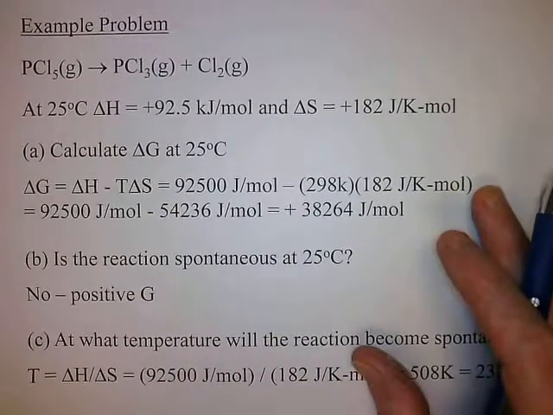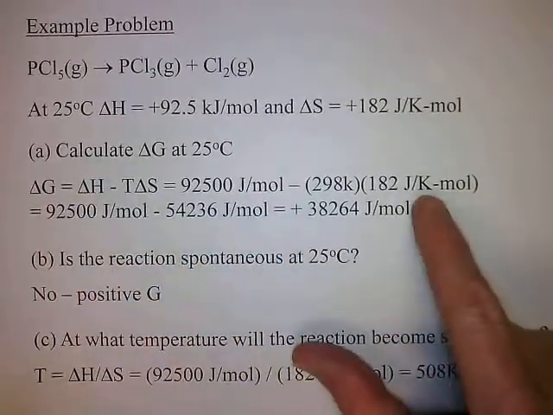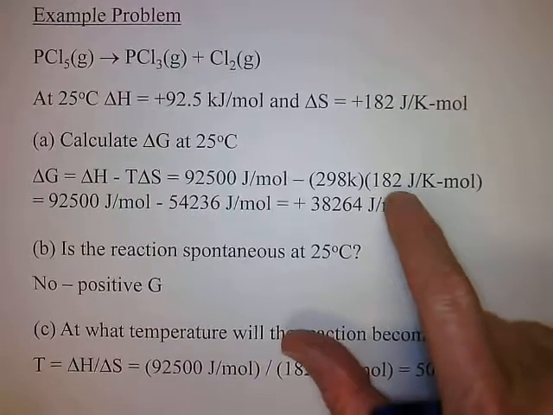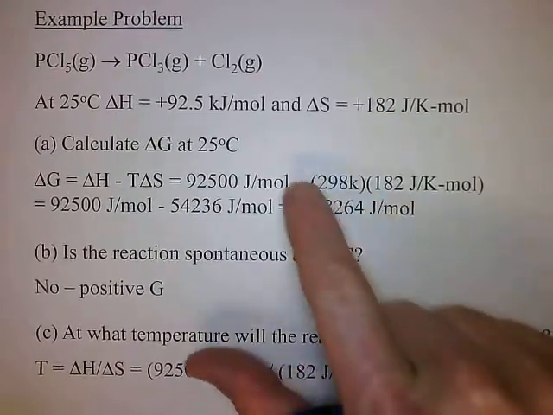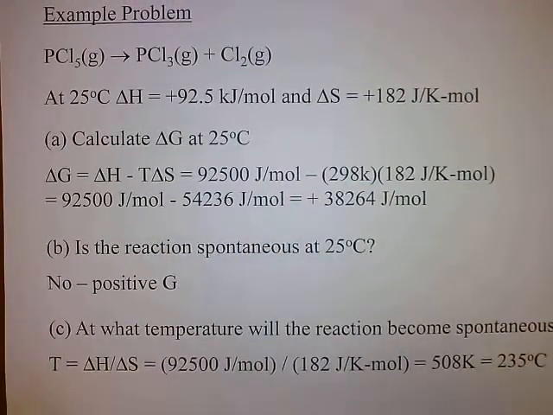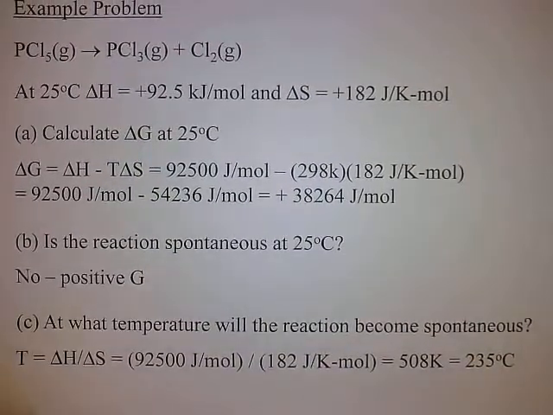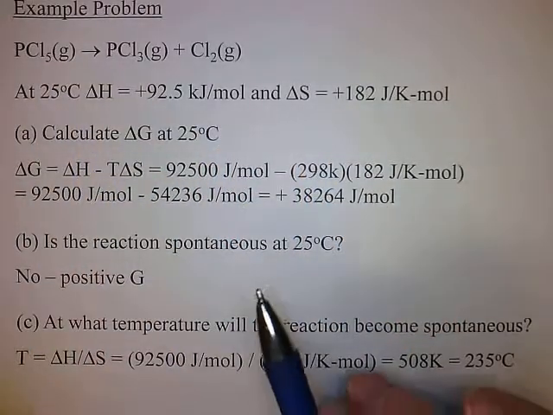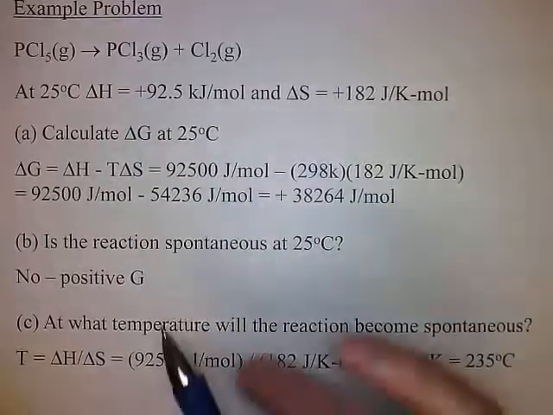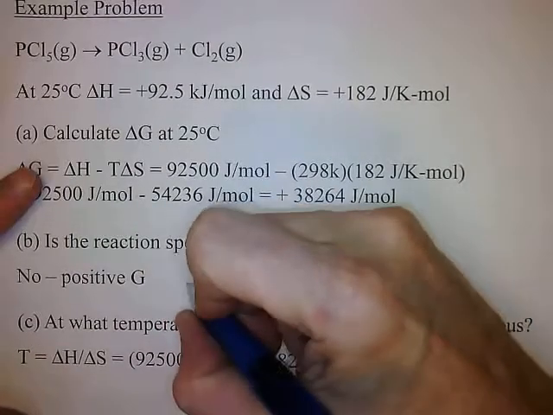Okay, so the last question we're going to ask here is, at what temperature will this reaction become spontaneous? In other words, this is one of those cases where delta G will become negative as we increase the temperature, right? Because delta S is positive, we're subtracting T delta S. So as the temperature increases, delta G becomes negative. So what we want to know is, suppose we're running this as an industrial process, what temperature are we going to have to achieve for this reaction to happen? So if delta G is 0,